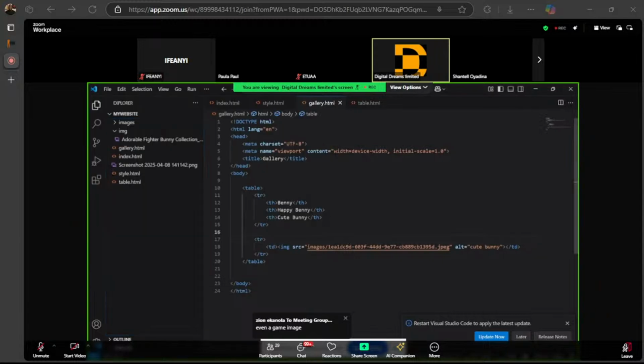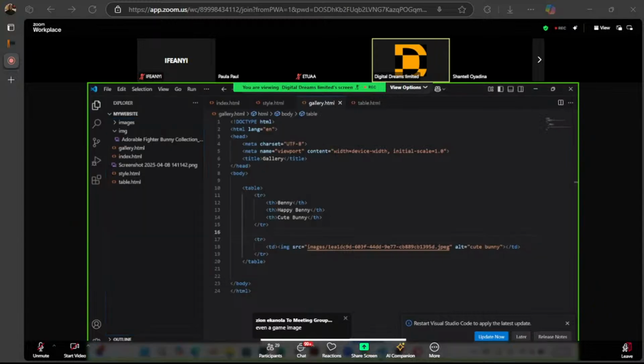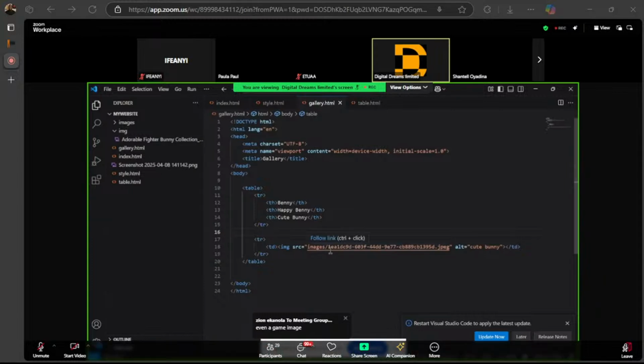So now we have only one image, right? And this image is going to be right under Benny because that's the next line of row, right? Yes, ma'am. So now we want to add another image that will be under Happy Bunny. How do we do that? Still inside that second row, you create another table data, add an image tag, and I will say, since I have two folders, I can always select the one I